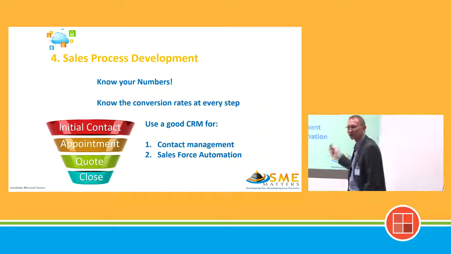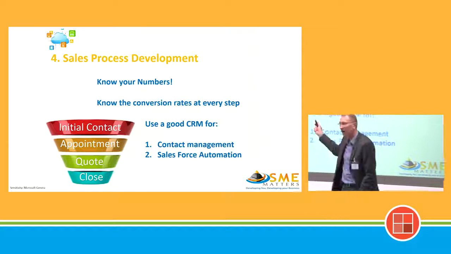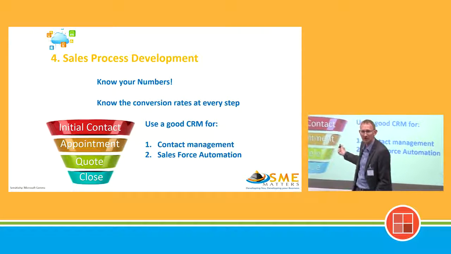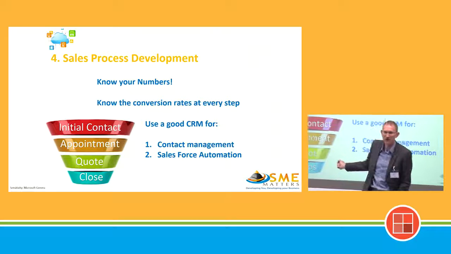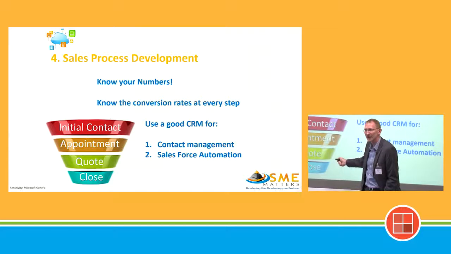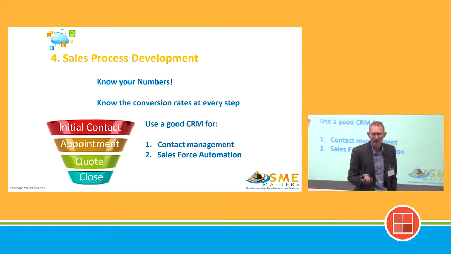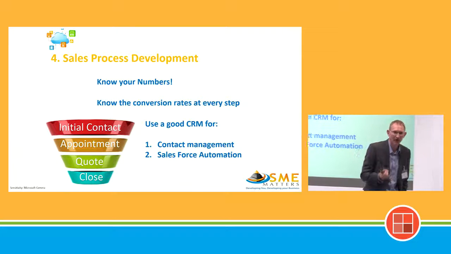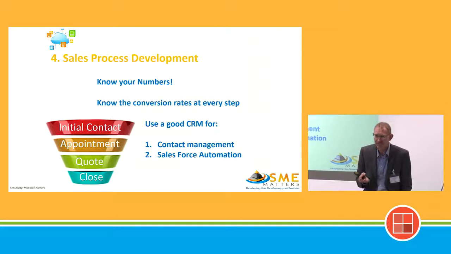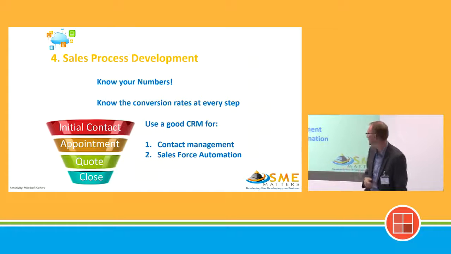Salesforce automation is where you start doing the qualitative and quantitative analysis on the numbers inside your system. How many people have you got appointments with? What's the total value of those appointments? How many people are at quotation stage? What's the total value of those quotations? How many are we converting from one stage to the next? And how many are we bringing right through the sales funnel to the closed sale? Those numbers allow you to be very specific in terms of how you systematically improve sales numbers inside your organizations. It's mechanical. It's data. But it's data that you can use specifically to maximize your sales and your marketing efforts.